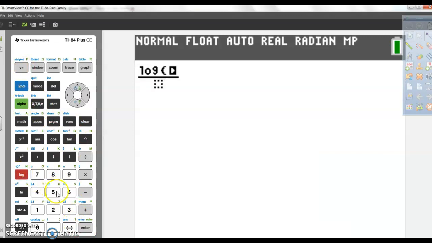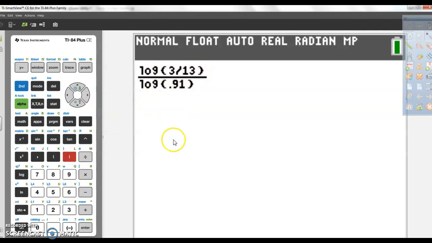So log of 3/13, 3 divided by 13, or you can just put in the unreduced fraction, 30 over 130, that's fine. Then on the bottom denominator we have log of 0.91. If you don't use the fraction key, just make sure that you close your parentheses when you do the division, or else it's going to mess up your answer. Okay, this equals